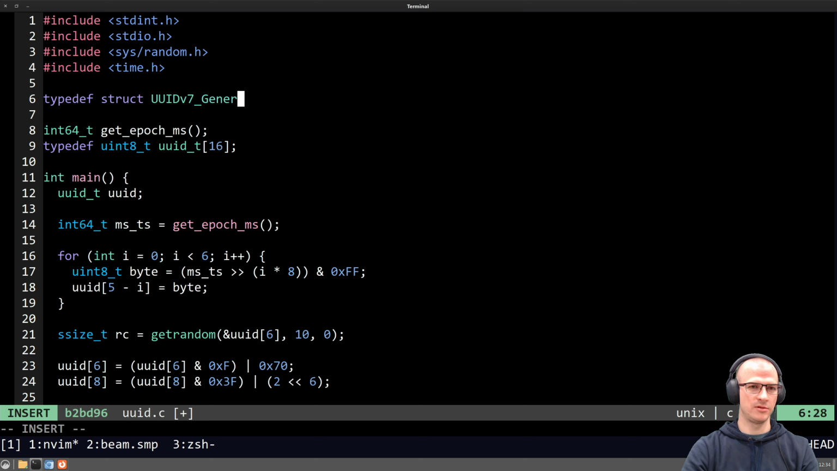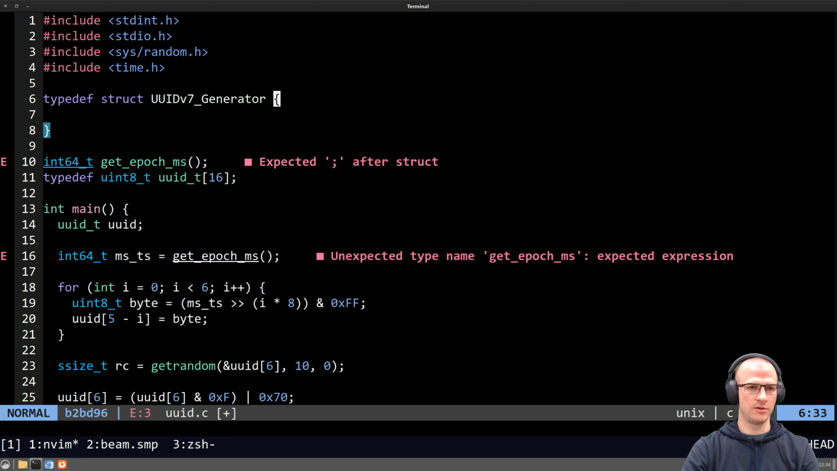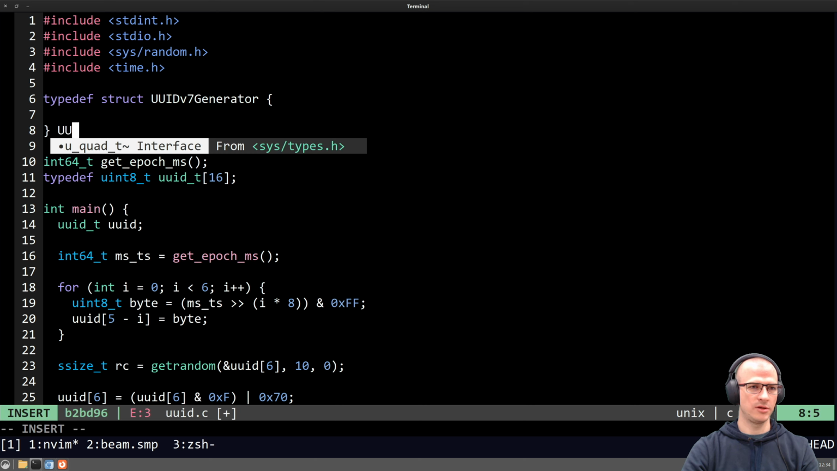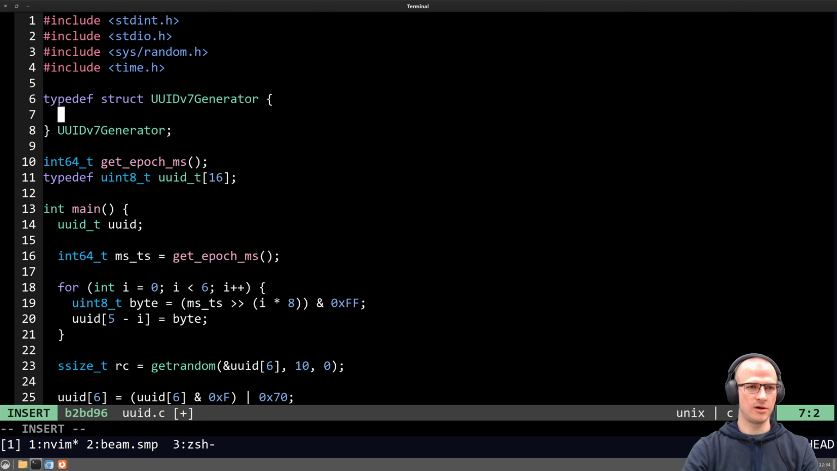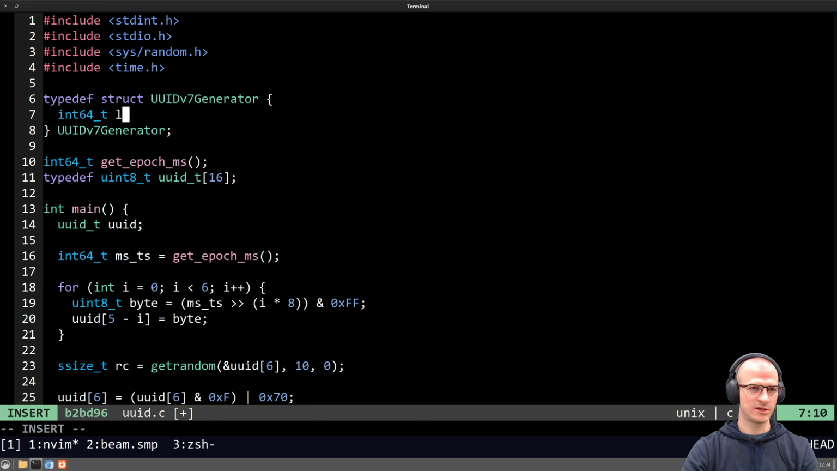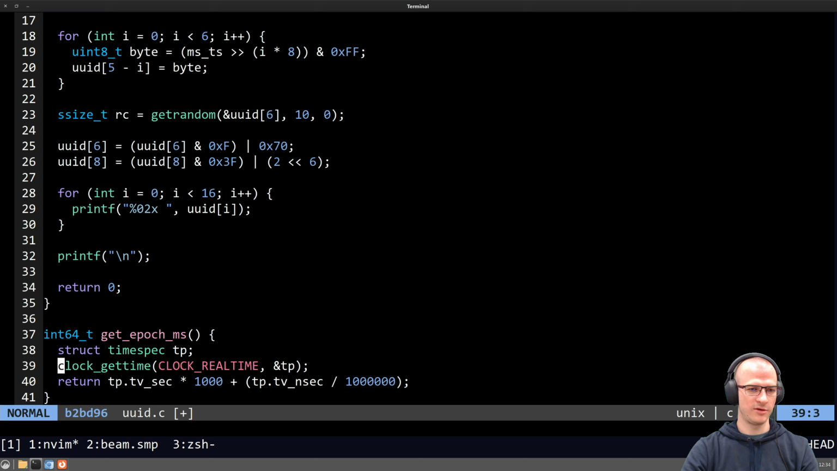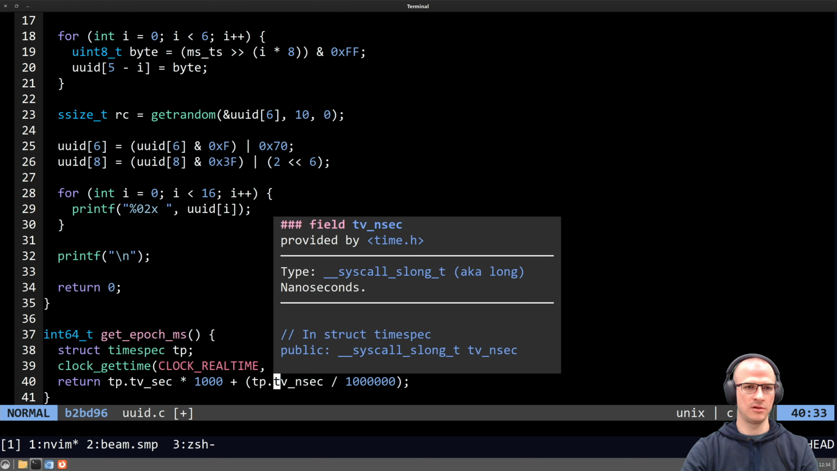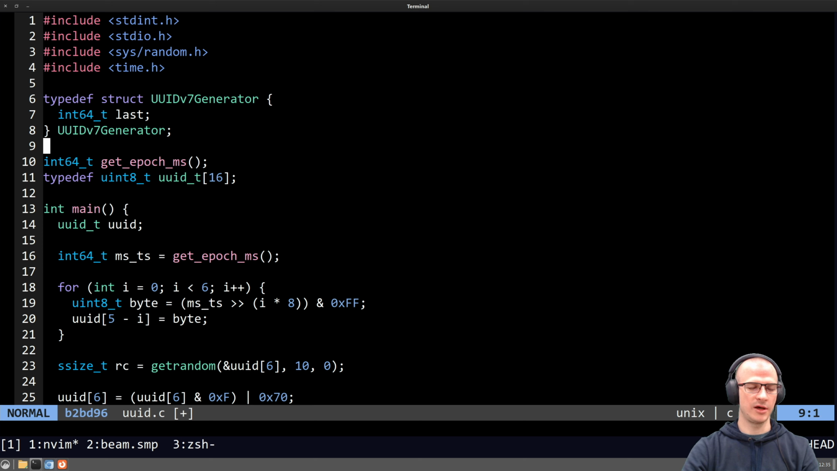UUIDv7 generator. Okay, and in here I'm just going to store the last timestamp we generated, right? Also, what type are these? These are time_t, which are long, and this is also a long. Okay, so I'm just going to use a long in here,